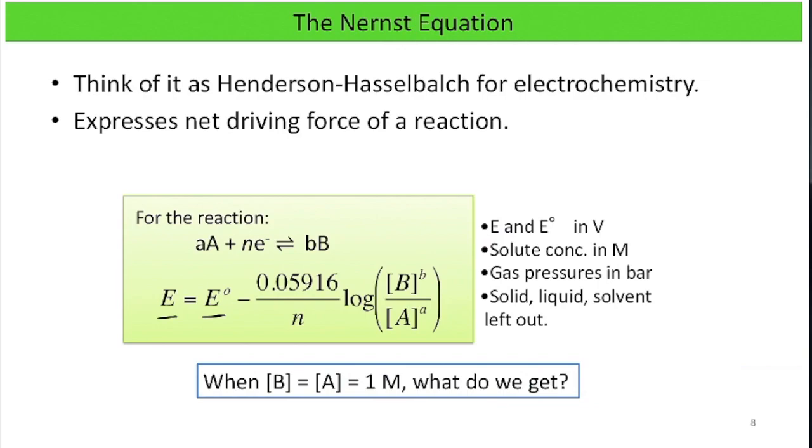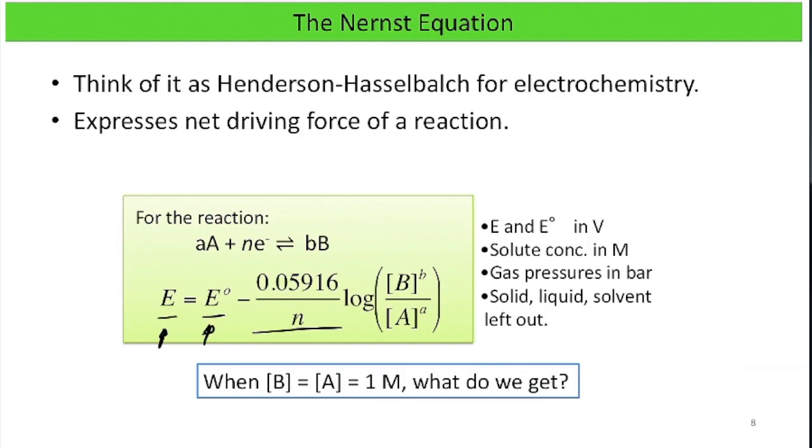The similarities are maybe not so obvious, but you know the Henderson-Hasselbalch equation has this relationship here. So it has the log of the concentration of products over reactants. And you can think of this kind of like the pKa. Okay, so E naught is the voltage that you would get for an electrochemical cell at standard state conditions, whereas E would be non-standard state conditions. And then this here is a correction factor that takes into account the number of electrons that are transferred in